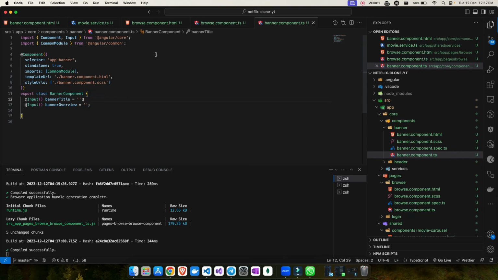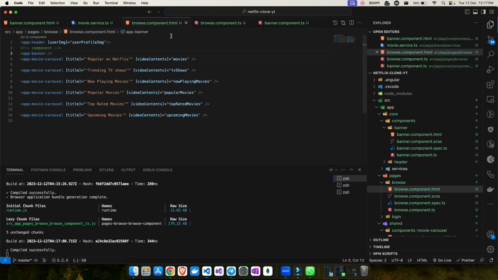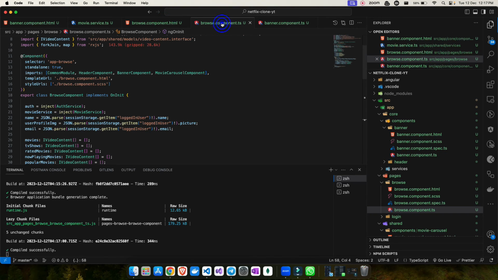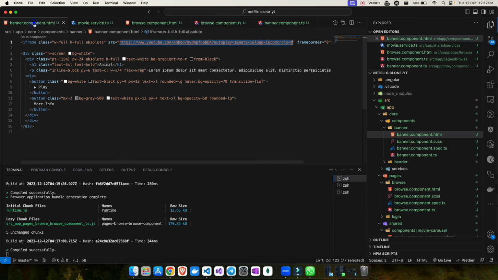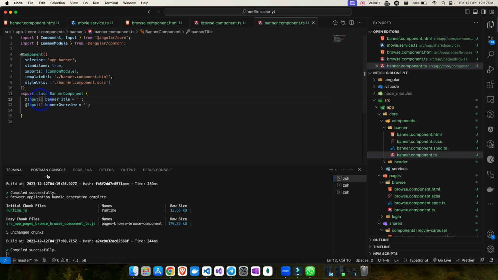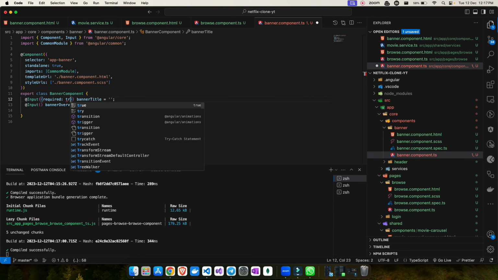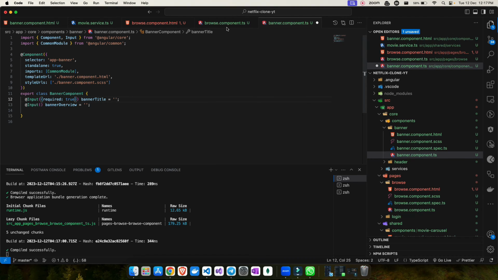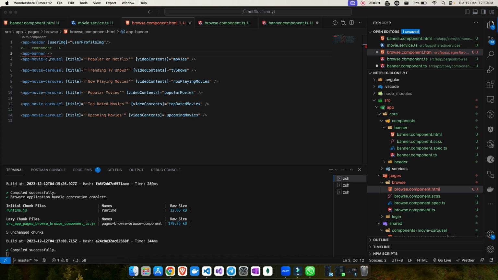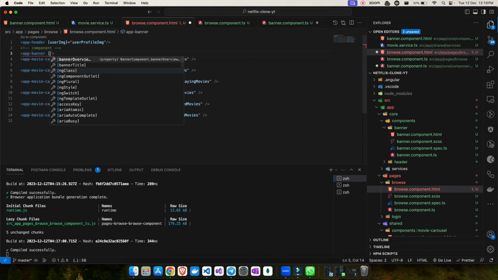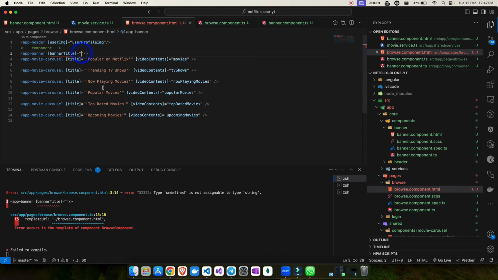Okay, save the changes. Now I'll have to provide this data. Let's go in your browse component.html, and here if you want to make this compulsory, so that it should throw an error, something like that. So we have a new feature in Angular that you can make them required. So if you say here required as true, now you will see the magic of that. If I say required true, it should definitely have a title. See, now I'm getting an error here. So to fix the error for the selector, you need to provide the banner title. So here I need to provide some title here.